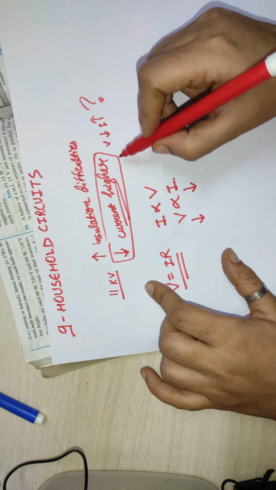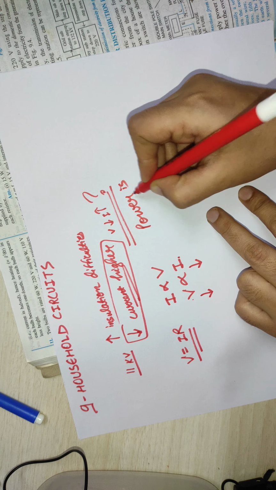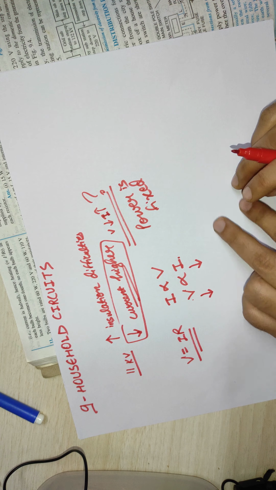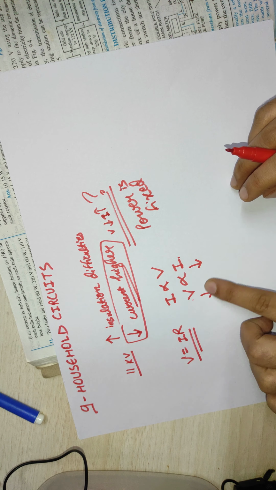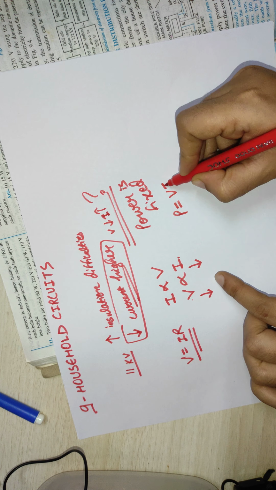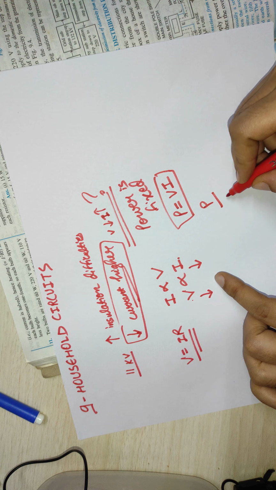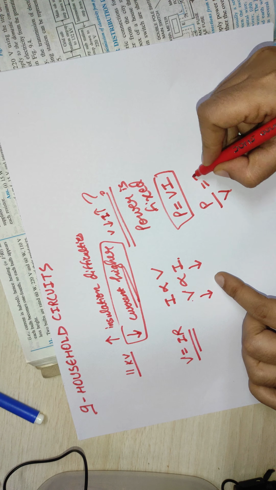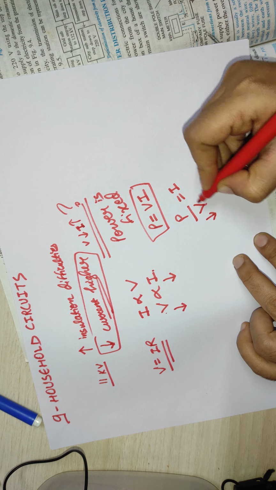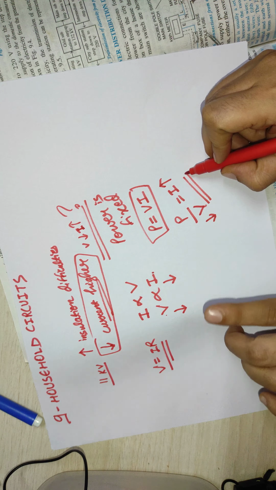Why so? Because here it is a different case. Here we are taking power as fixed. When the power is fixed, the inverse relation is followed. But when the power is not fixed, the direct relation is followed. Okay. When the power is fixed, we know the formula P is equal to VI. If the power is fixed, then we can bring V here and keep I here only. Then if the voltage is decreased, the current will increase. Clear? These two are different things.